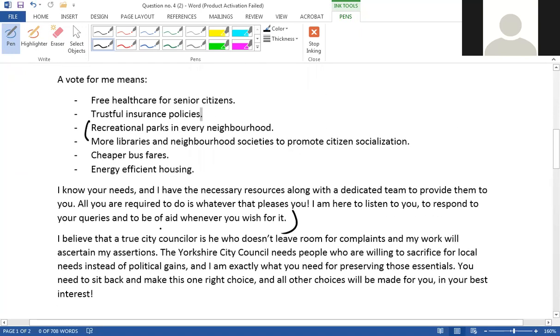I believe that a true city councillor is he who doesn't leave room for complaints, and my work will ascertain my assertions. The Yorkshire City Council needs people who are willing to sacrifice for local needs instead of political gains, and I am exactly what you need for preserving those essentials. You need to sit back and make this one right choice, and all other choices will be made for you